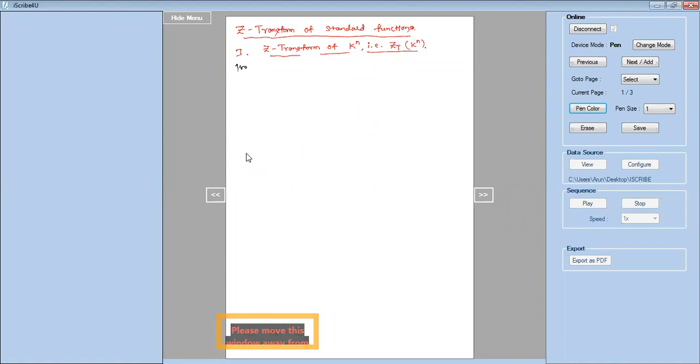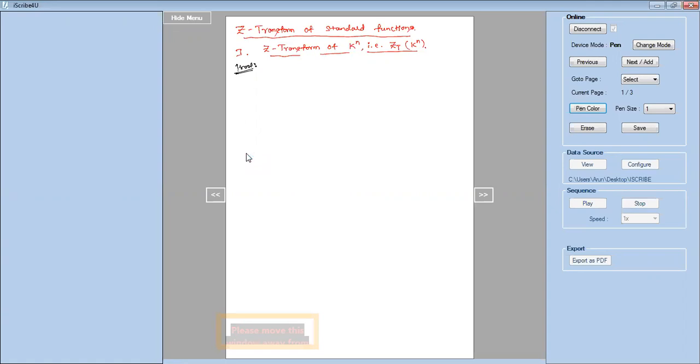Proof, derivation. Let us choose the function. What is un? Un means the given function, that is k power n here. So un is k power n. And we know that